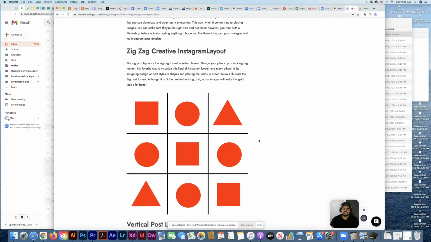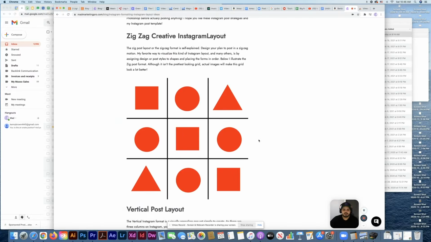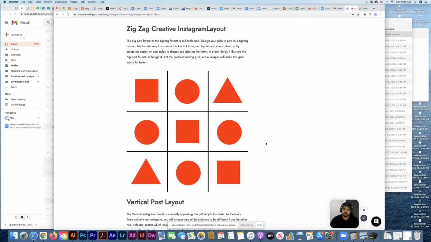The first is the zigzag layout. What you can see here on my screen is that I've chosen 3 shapes just to use as an example. What you will do with these 3 shapes is apply a specific aesthetic. So squares could be selfies, circles could be quotes, triangles could be lifestyle shoots, or they can represent specific colors. Whichever aesthetic you apply to the shape, make sure that you remember it, write it down,